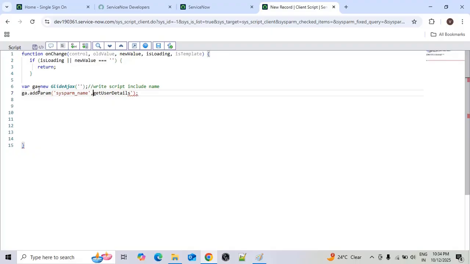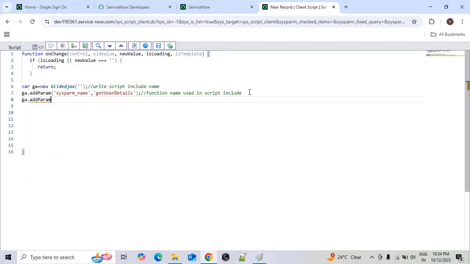This line is creating GlideAjax, that is we need to write the script include name in the GlideAjax API, and the second line is this function name used in the script include, right? This is the second line, and the third line is ga.addParam of